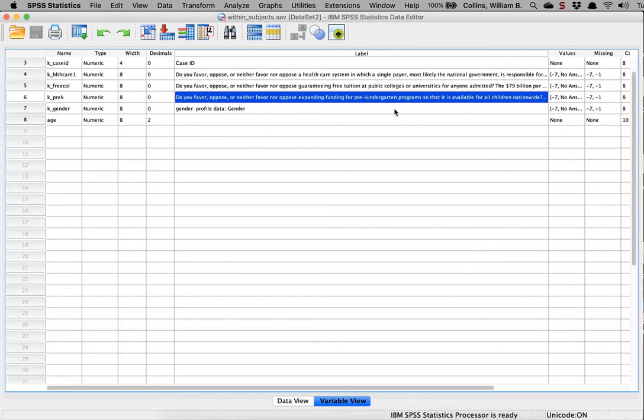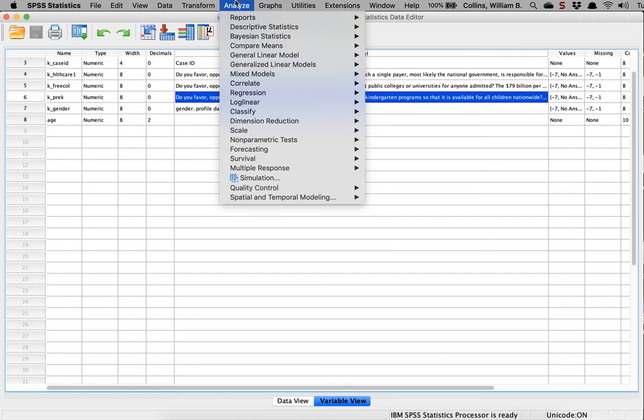So I want to know if the mean supportiveness of these are similar or different from each other. Since I have more than 2 levels, I can't just use a paired t-test. I can do all 3 possible pairwise comparisons, but that would not control my family-wise error rate that we talked about in earlier lessons. But I've got more than 2 levels, so I'm going to use, in the general linear model,